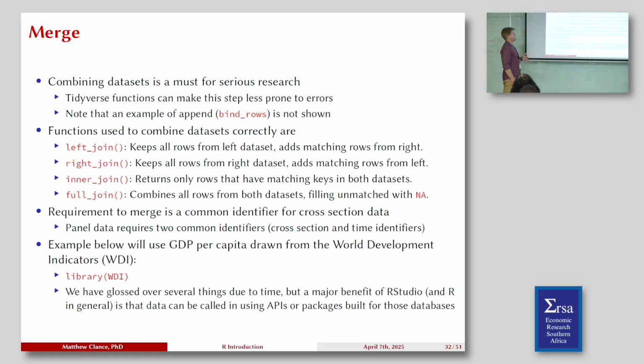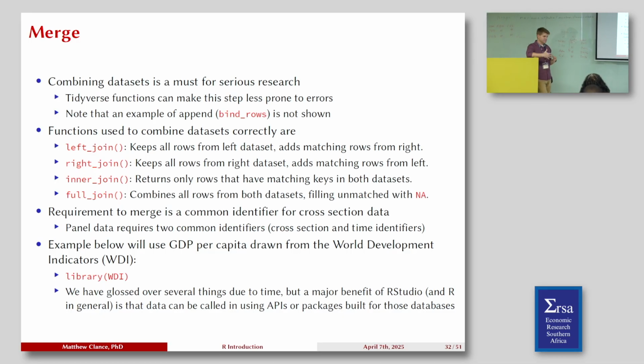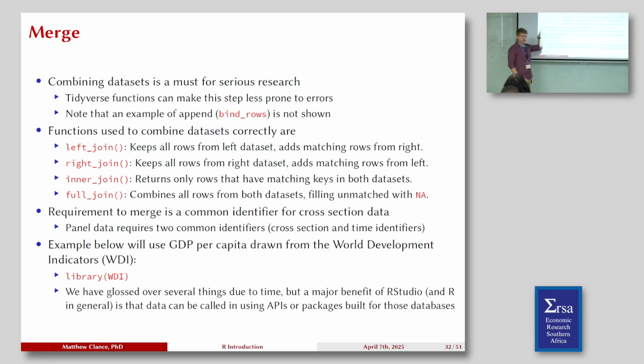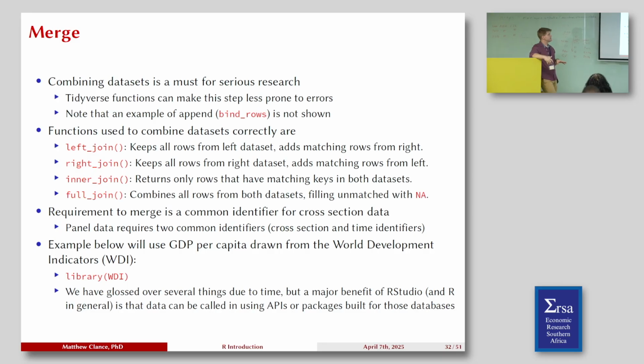They each work differently, depending on how you want to keep things afterwards, because unless you're coming from the same place, there's never a good merge, as we call it. There's going to be some information missing that doesn't match up between the two. In this case, if we're doing a left join, we're basically saying keep all the rows that are in your left data set and merge them with what's in the right data set. But if there are no matching rows in the right, or what's not matching in the right, throw it away. Keep only what matches in the left.